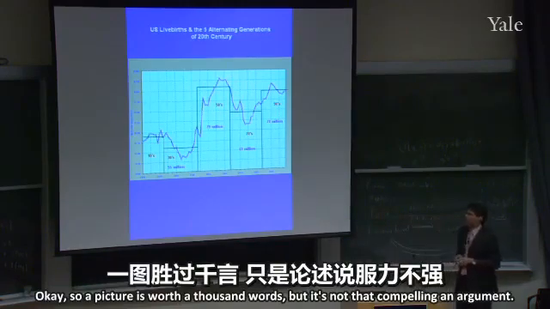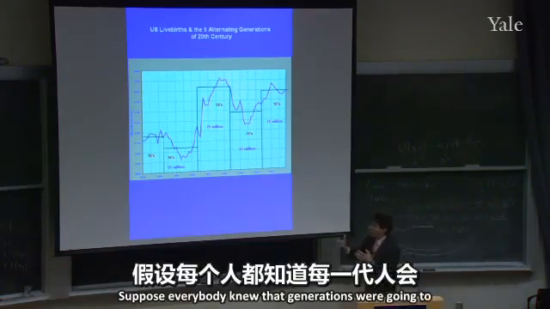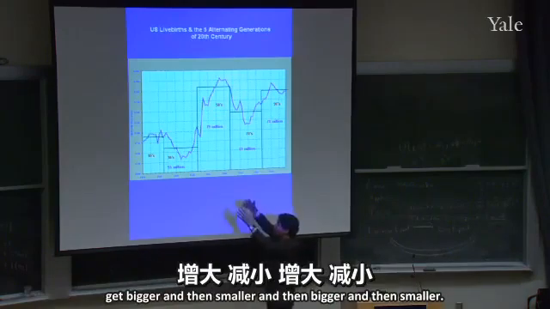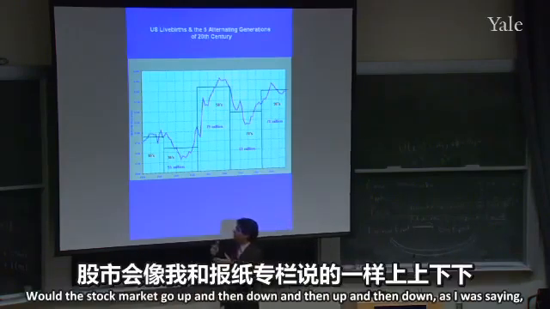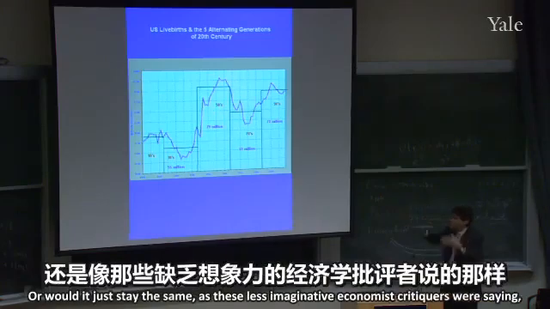So a picture is worth 1,000 words, but it's not that compelling an argument. You need a little bit of analytics. Suppose everybody knew that generations were going to get bigger and then smaller and then bigger and then smaller. Would the stock market go up and then down and then up and then down, as I was saying and as all these newspaper columnists were saying, or would it just stay the same as these less imaginative economists